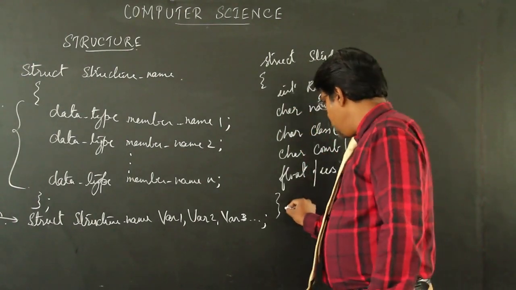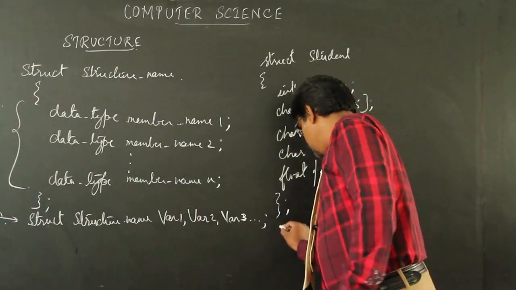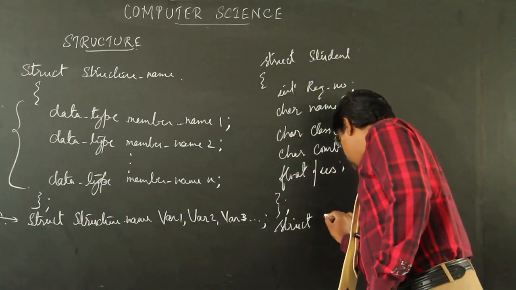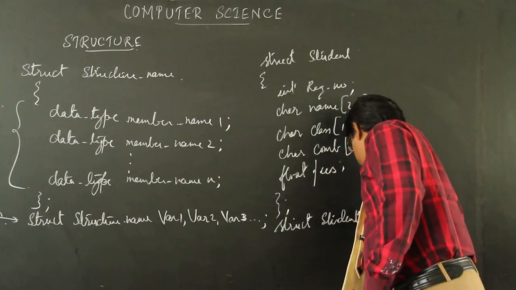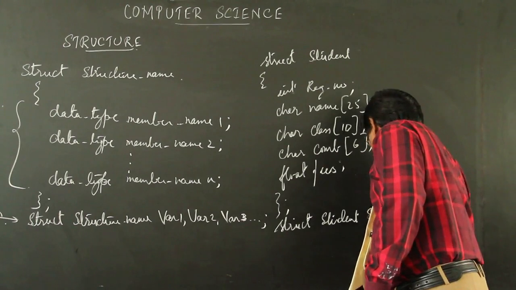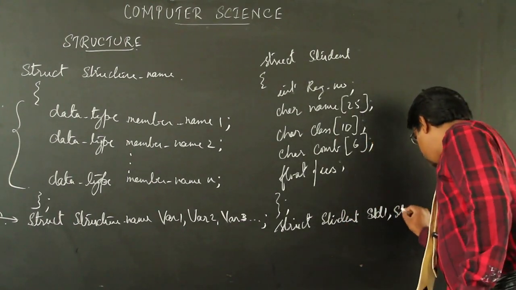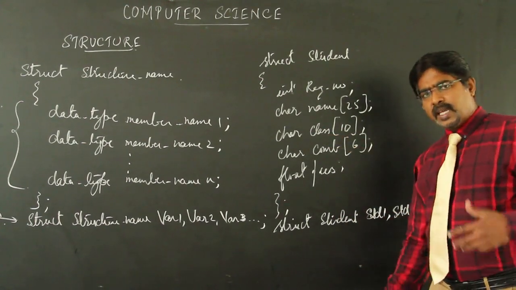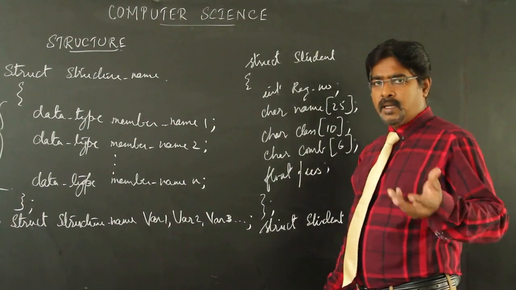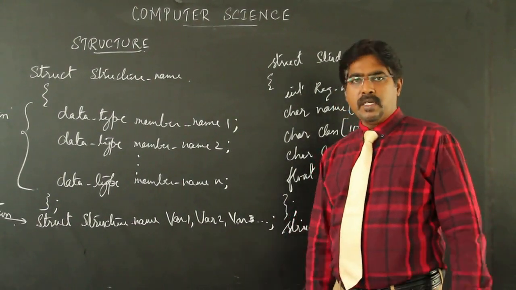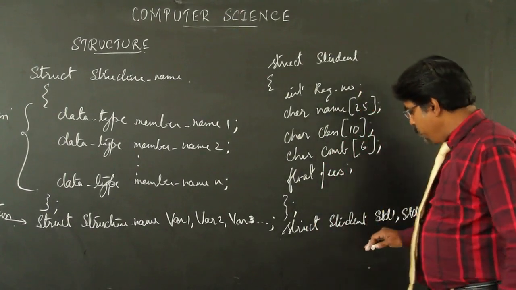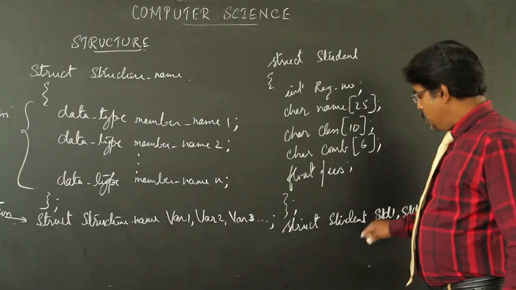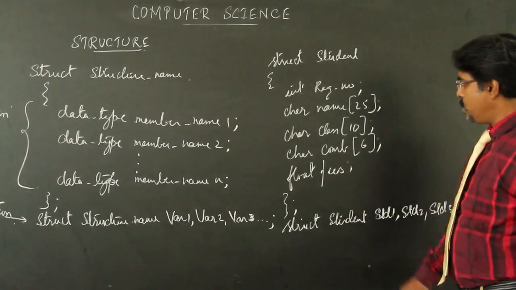Next, when I move on, I need to go for the keyword struct, then the structure name here is student, then the variable will be std1. I'd like to take one more variable, std2. Likewise one more, std3. That is 3 variables I got. We can take n number of variables because in a classroom there will be more than 3, or we could say 50 or 100 students in a classroom. At that point of time we may not be using single variables, rather we'll be using a structure array. So then we need to use an array here in place of a structure variable.